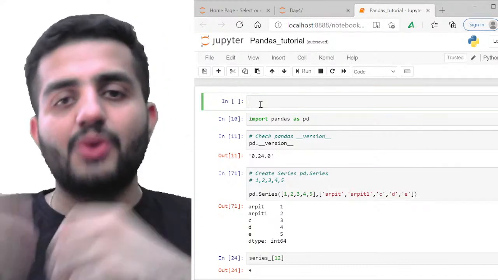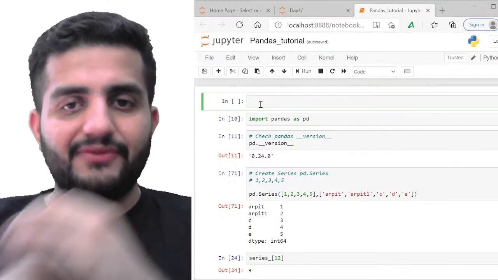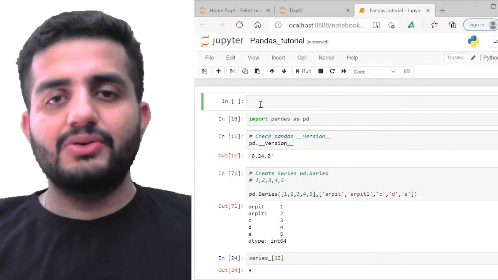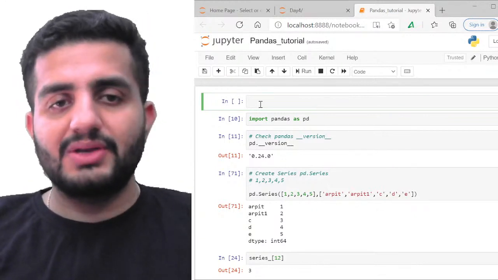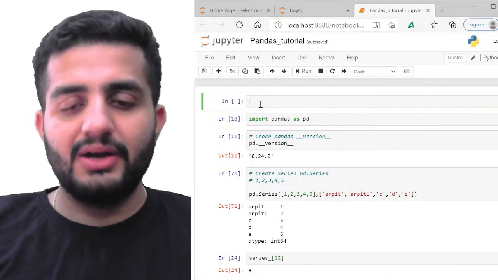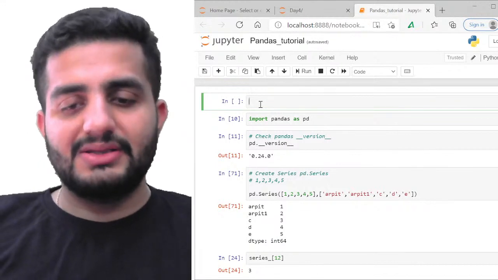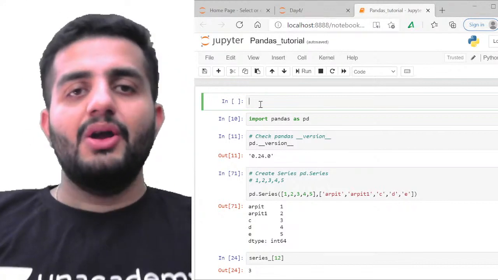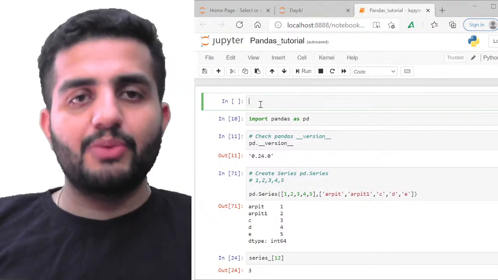So first you have to install that library in your system, right? That's the first prerequisite. For installing, you can use whatever IDE you're using. If you're using, say, Anaconda, you can go to the Conda prompt and use Conda commands to install it. Or even with the simple CMD, we can use pip, the pip installer in Python. Or if you want to use pip in the Jupyter notebook, you can do that also.